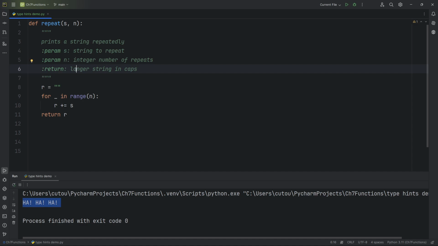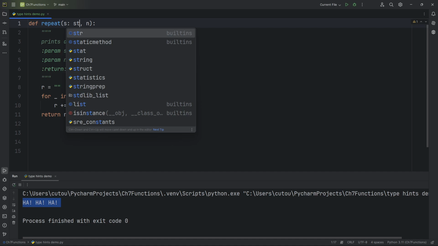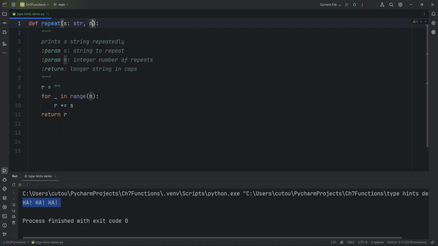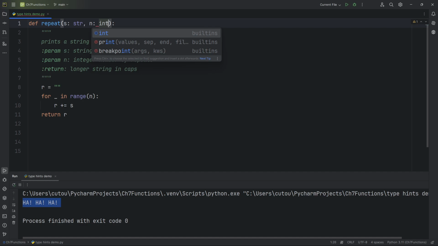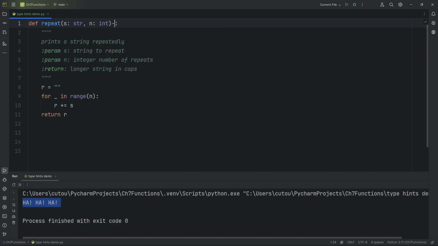the return value is. This is helpful for the user to read, but the IDE, the development environment they're using, and this is PyCharm, still doesn't know. So if we tell PyCharm that this is a string, and if we tell PyCharm that this is an integer, these are called type hints. These are not enforced during runtime. Python's still an untyped language, but this thing returns a string, and now the IDE knows that that